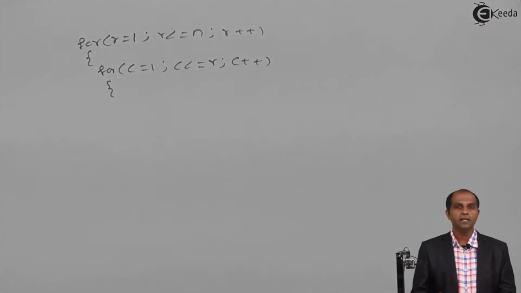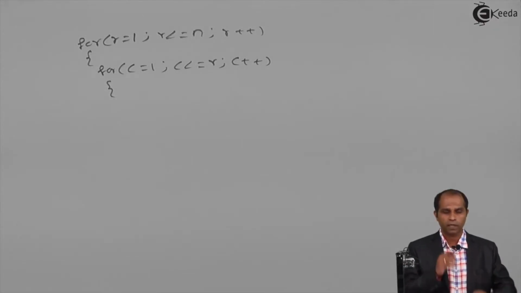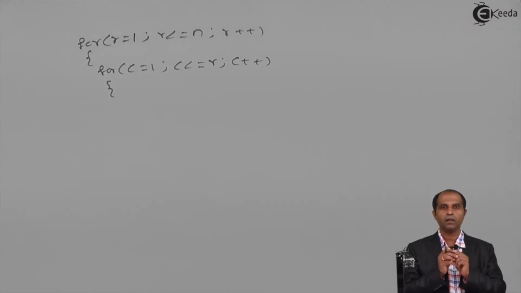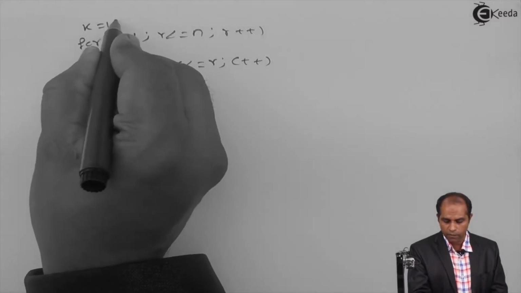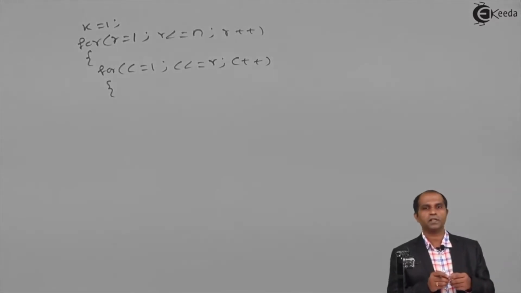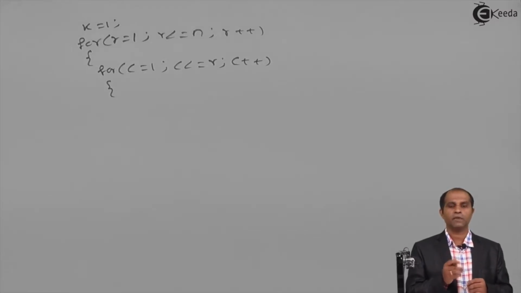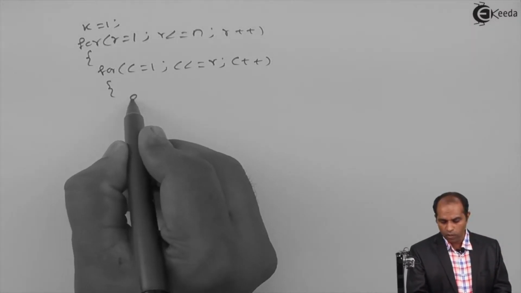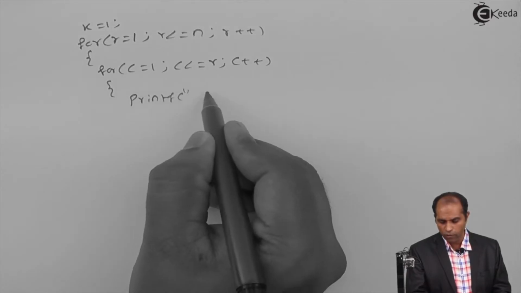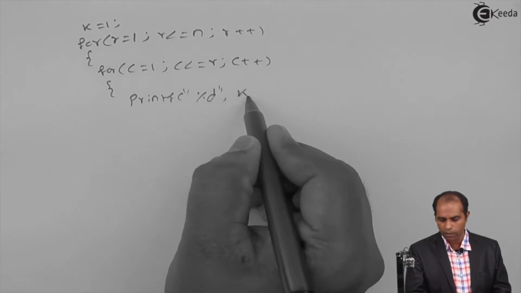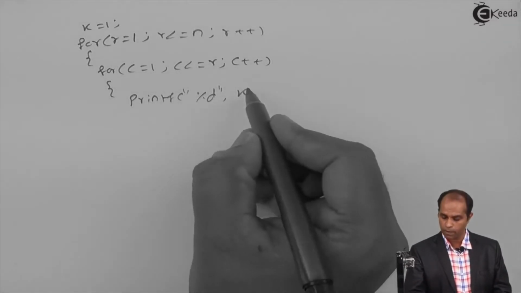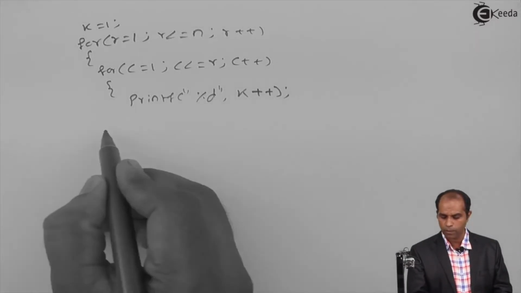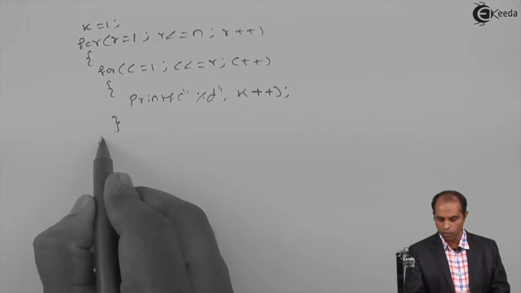Within this, I said you're supposed to take a variable K and print this. But wait for a while. I had to set the value of K. What is the value of K? K is set with 1 initially. Before I start the operation with R as 1 or C as 1, I'll set the value of K as 1. So when R is 1, C is 1, I'll say printf %d, comma, the value of K. But after K is printed, I'll generate the next value. If you wish, you can spend one additional instruction as K++, or you can try it at this place also, K++. As soon as you complete a row, as usual,